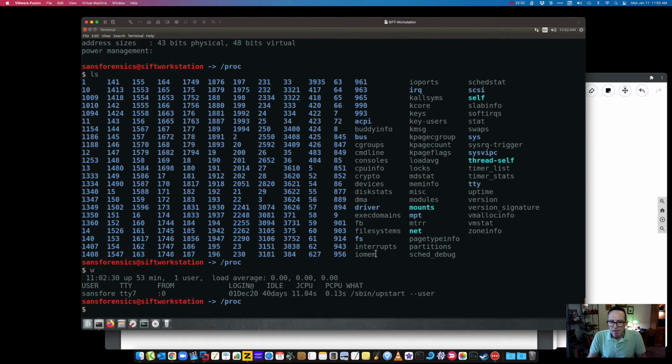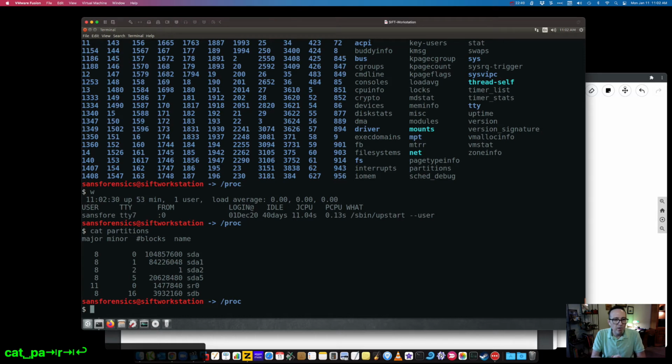So let's look at cat partitions, for example. So there we go. We can get information about partitions that are currently mounted, number of blocks, and the major and minor numbers on it. Again, we have sdb, we have sda1, 2, and 5. Now, we saw this before with fdisk and df, but this is an example where you can find information about